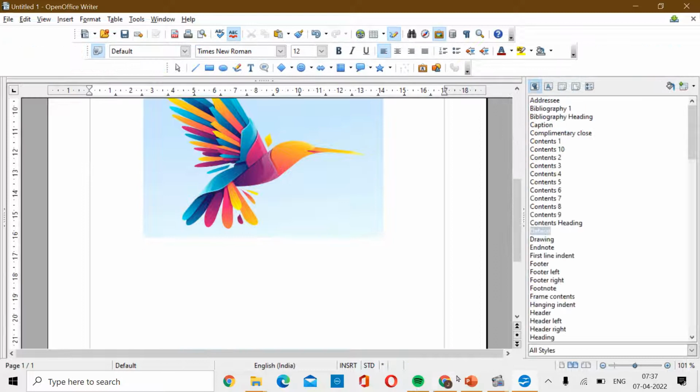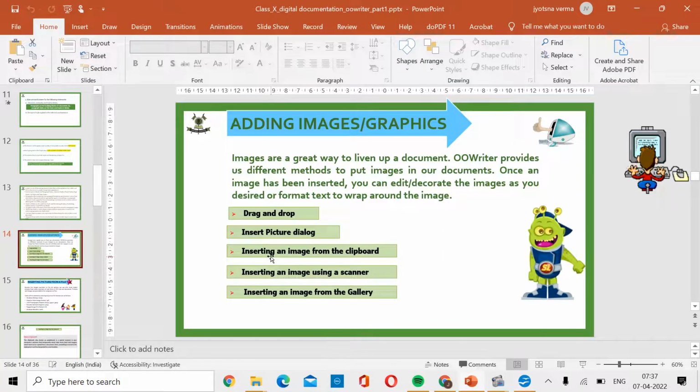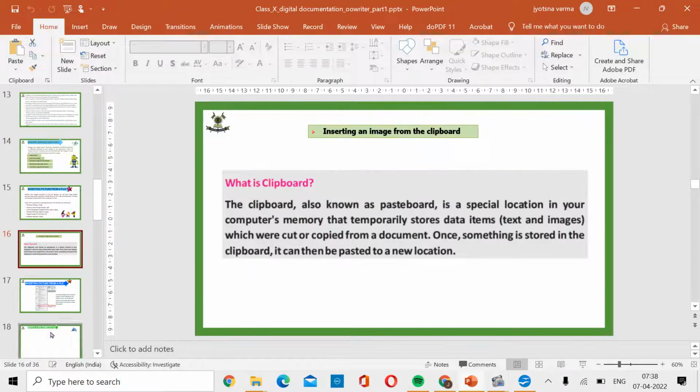Now let us understand our next method, that is how to put pictures through the clipboard. For this you need to understand what a clipboard is. Clipboard is that area where your picture, your copied text or copied image is stored till the time you are moving it to some other location.